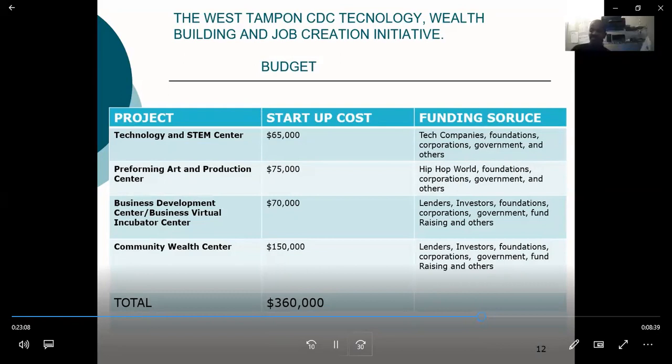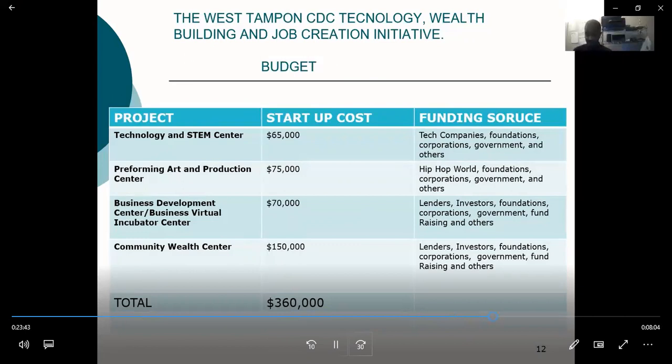The Community Wealth Center is the last piece of this initiative. Keep in mind, we have other initiatives going on, but we want to focus on this particular initiative for this particular presentation before the CRA. Finally is the Community Wealth Center, in which we're looking at a startup cost of $150,000. We're looking at lenders and investors as well as foundations to fund this particular part of the